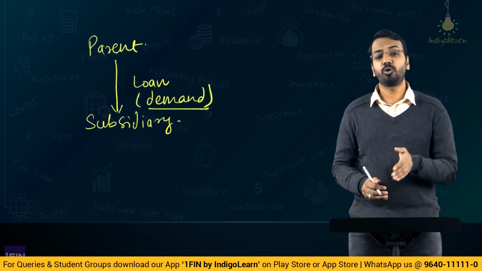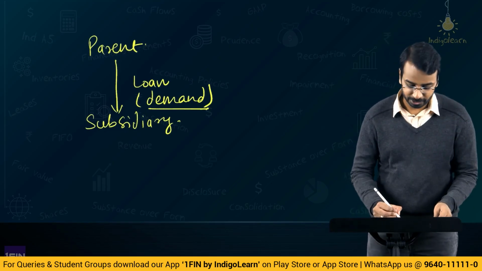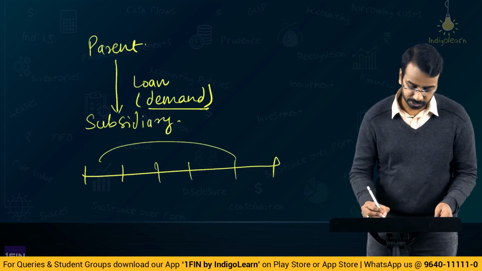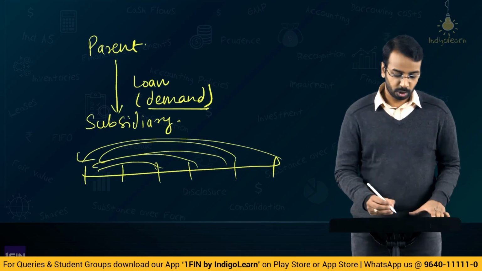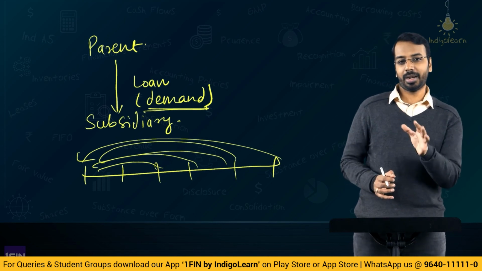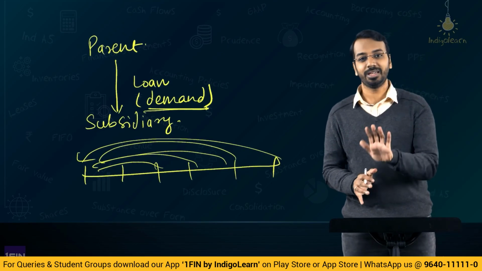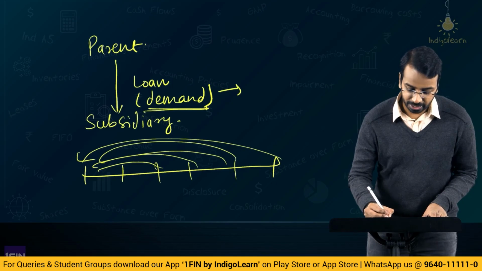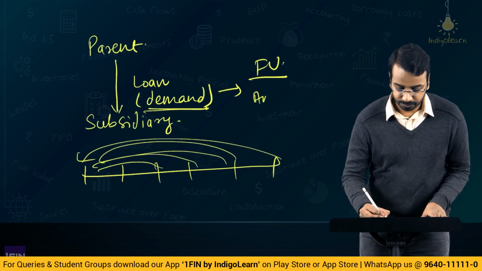Now, in such cases, how do you determine the fair value? Because in all the problems that we did so far, we figured out the cash flows and then discounted these cash flows to year 0, and then determined the fair value. Now, when something is payable on demand, how will you determine the fair value? What the standard says is, one aspect is to estimate the pattern of repayment, or when it is likely to be called for payment. And one very important thing the standard says is that the fair value of these loans cannot be less than the amount